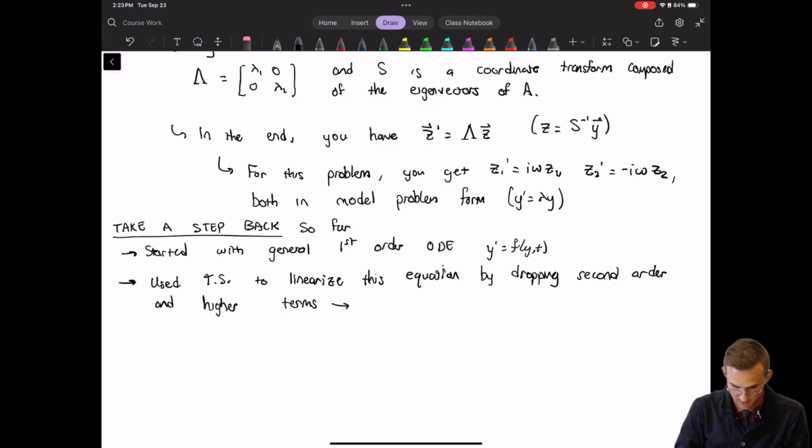That left us with y prime is equal to lambda y plus alpha 1 t plus alpha naught,